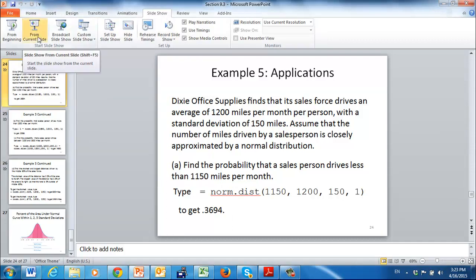Okay, continuing with my presentation, the last thing I need to tell you about normal distribution is applications. Again, we are going to distinguish between the three cases, and this is pretty much going to be exactly the same as standard normal distribution, but you will have different mean and different standard deviation. It's not going to be 0 and it's not going to be 1, so it's going to be an arbitrary